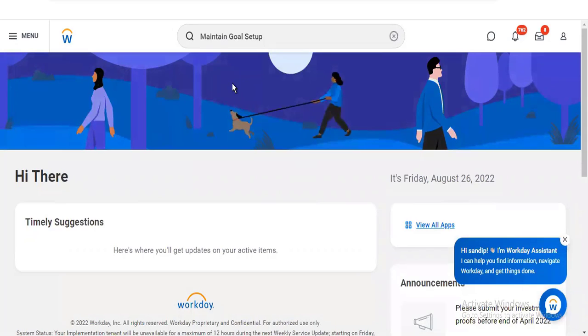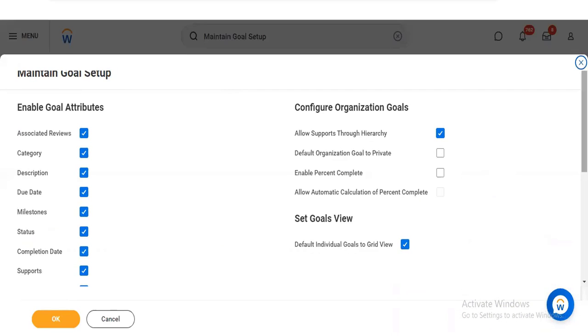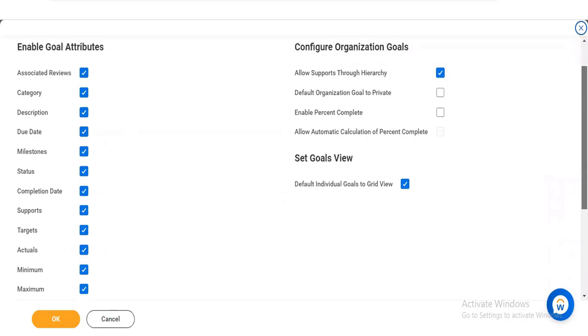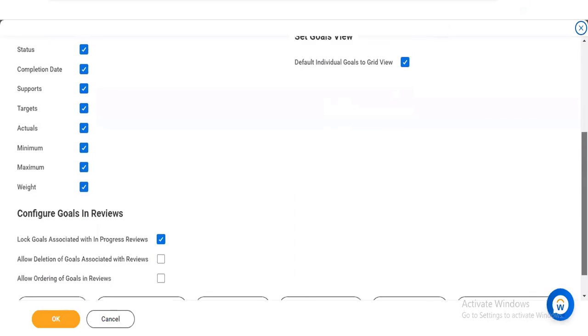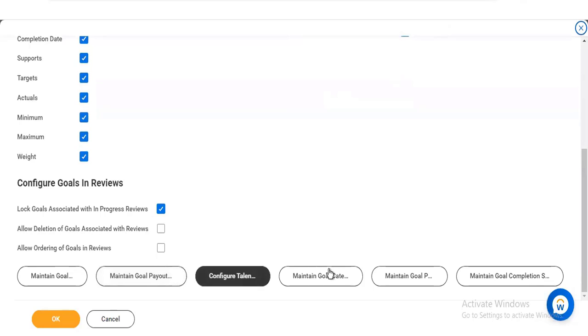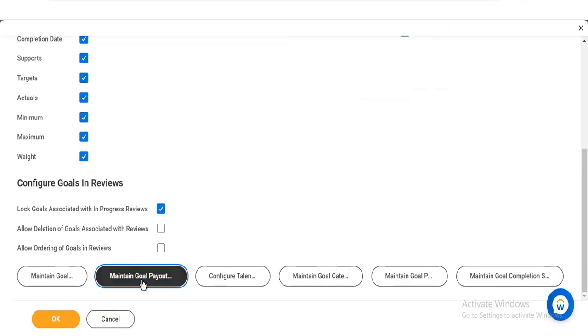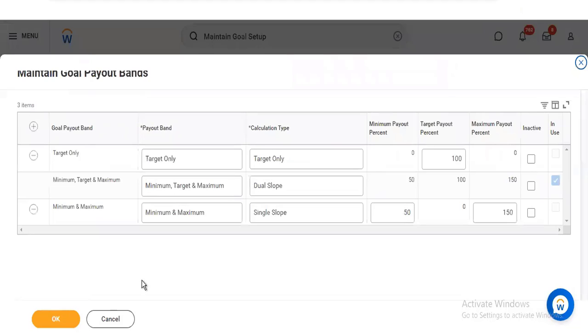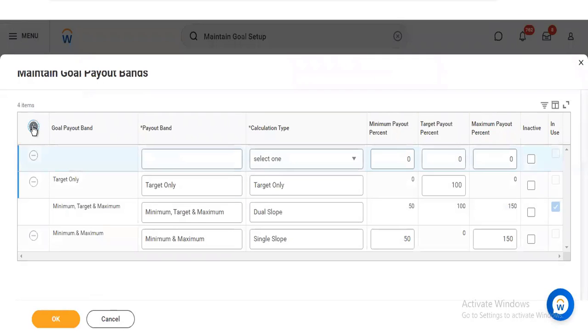So if there is anything that you want to set up from the goals perspective, you have to come to the task as a maintain goal setup. And from here, you can maintain all this. For an example, if you want to set any goal payout band, you can set this up here in terms of percentage. For an example, if I want to create a goal payout band,